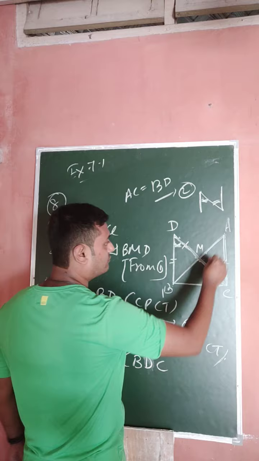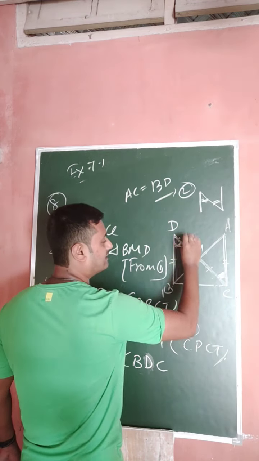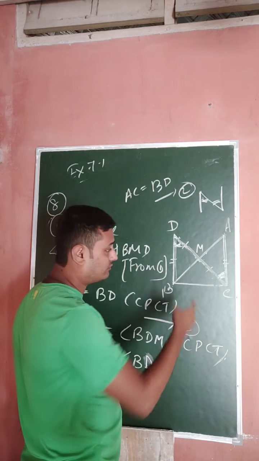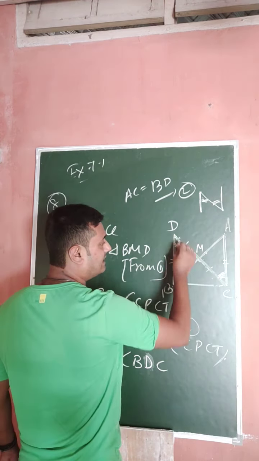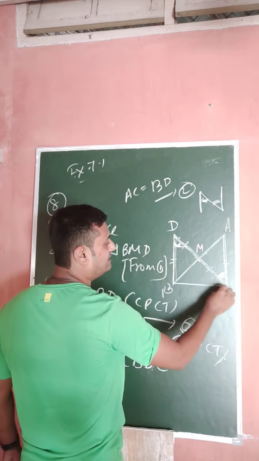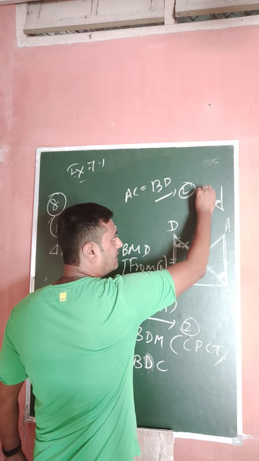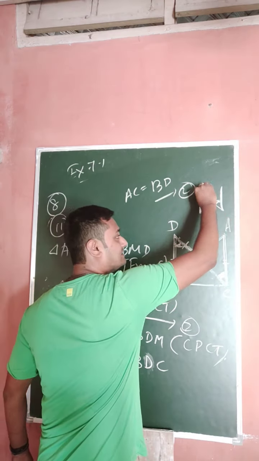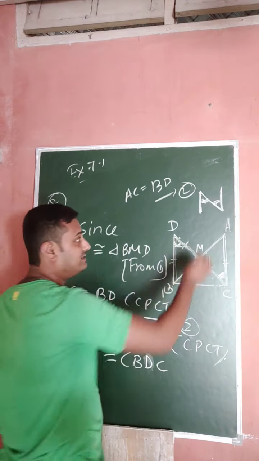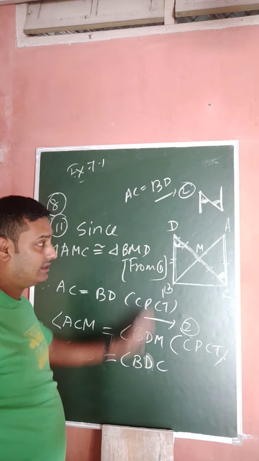Understood? Again I am repeating this one. In these two triangles, this angle and this angle are corresponding parts of two congruent triangles. Instead of ACM you can write ACD, and instead of BDM you can write BDC. So if these two angles are equal, these two angles are formed by these two sides and this transversal. That means these two are alternate interior angles, and if these two angles are equal, then the two sides